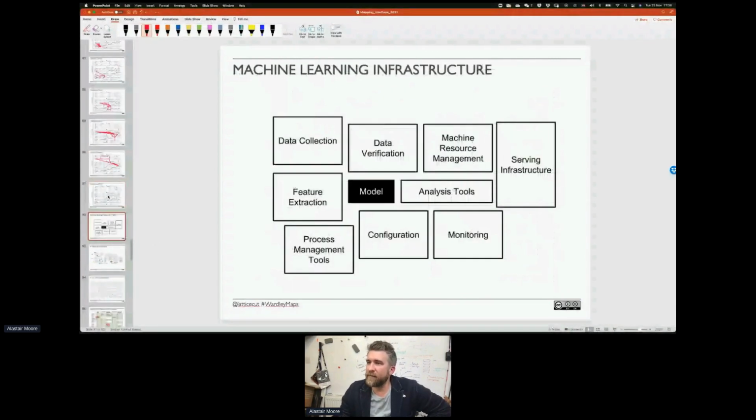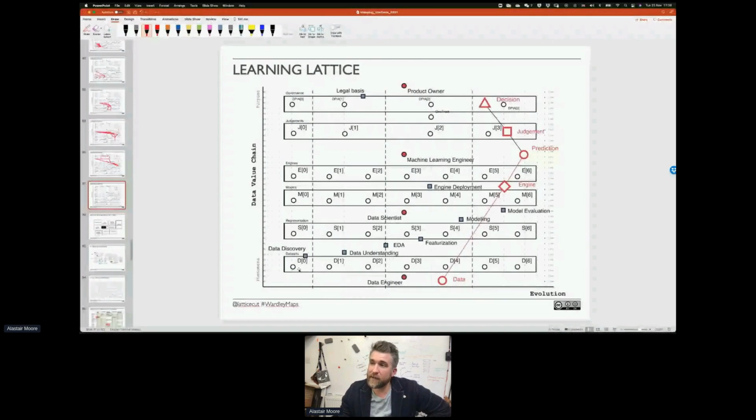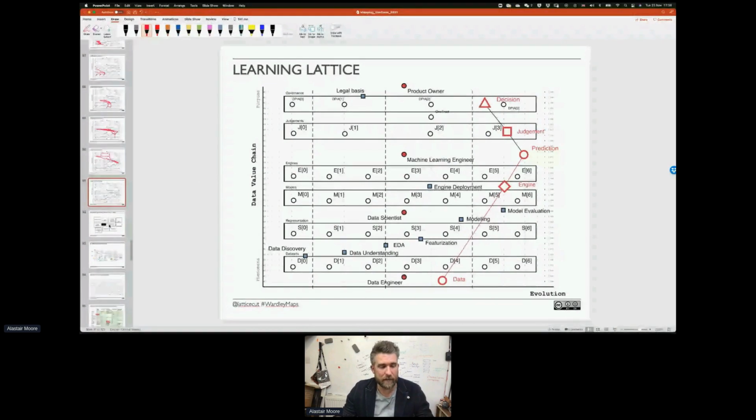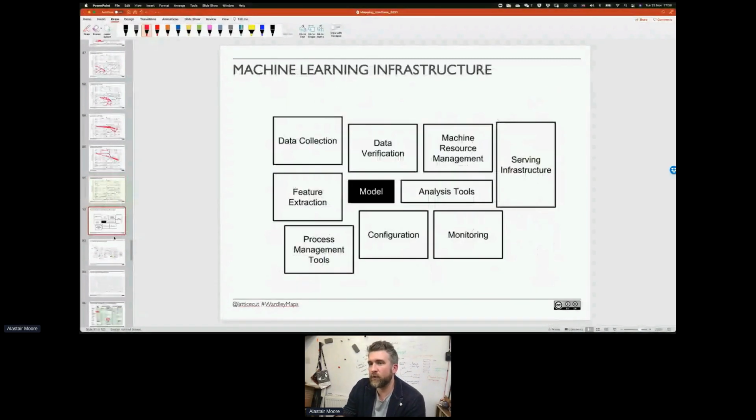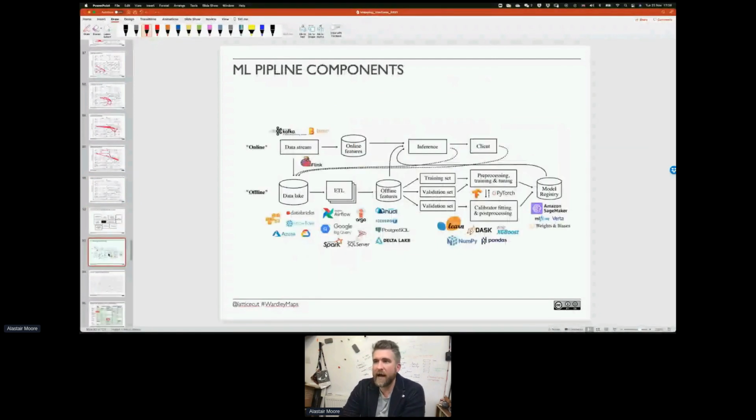So this map here, or this learning lattice, as I'm referring to it at the moment, is one way of representing the change in structure of information within the business. It's not a Wardley map, or doesn't have all the details of the architecture that would support it. So there are some of the roles, but I haven't put in a whole load of systems that underpin it. What sort of systems underpin a general machine learning pipeline? I haven't drawn a picture of this Wardley map, but here's a sort of